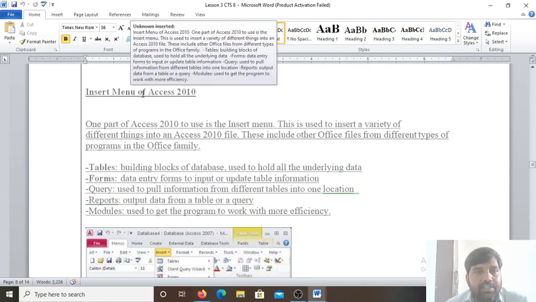So here you can see the insert menu of Access 2010. One part of Access 2010 to use is the insert menu. This is used to insert a variety of different things into Access 2010 files. So these include other Office files from different types of programs in the Office family, tables, building blocks of the